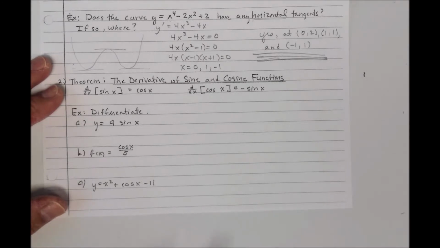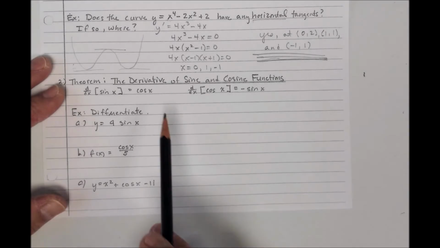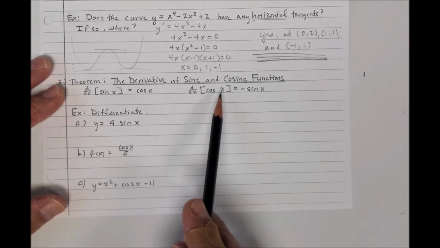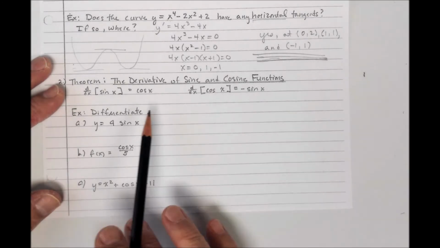theorems and rules to help us to take the derivatives of constants, of powers, of sums and differences, of constant multiples. And let's not forget about our trig functions. We'll start off with sine and cosine, the most basic ones. Now, these are, again, proven to be true by using the definition. We're not going to go through it. I think it might be in the book, and if it's not in the book, I'm sure you can look